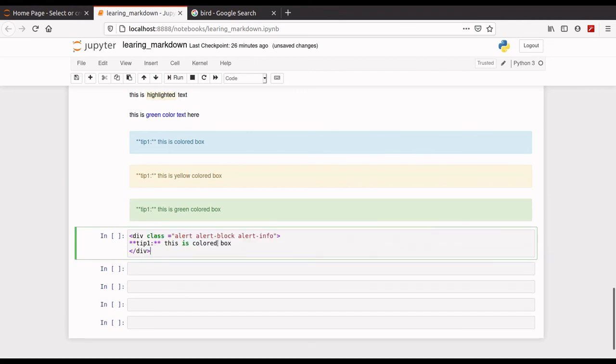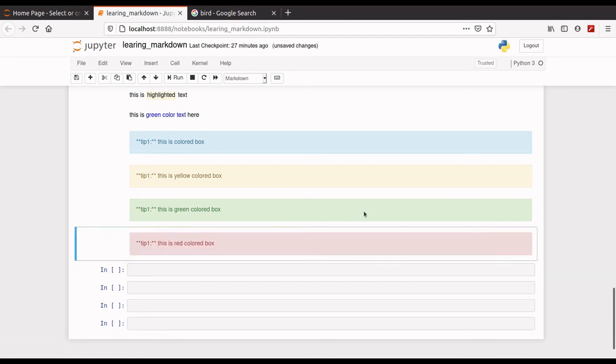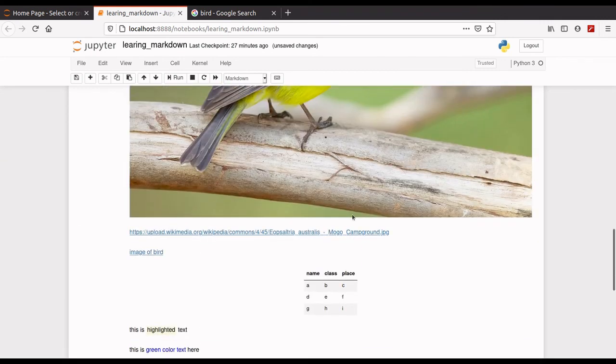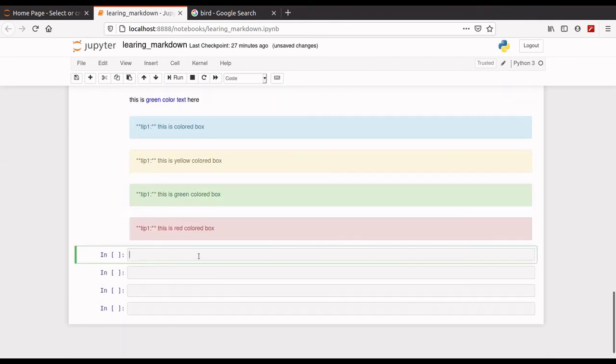So let's see the red box. You just write here danger. This is a red colored block. Run it. Yeah, see, this is looking quite good. So let's delete the cells now.